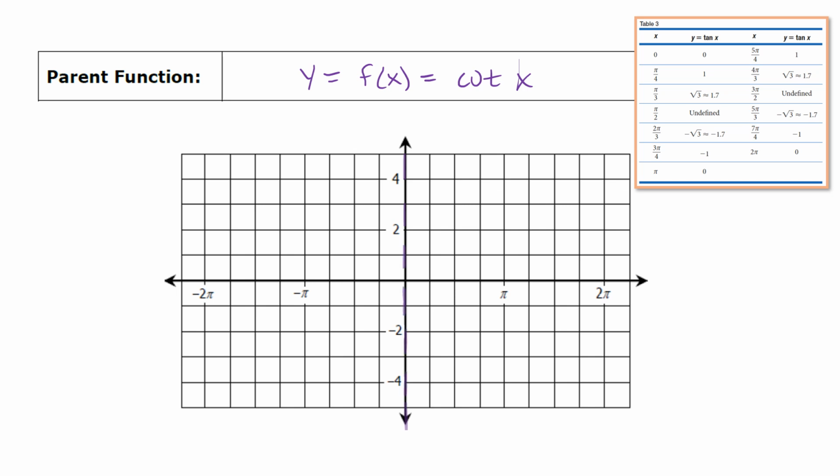We have a 0 at pi, so pi is going to have an asymptote, and a 0 at 2 pi. Okay, so now we can start to plot. All right, so we have